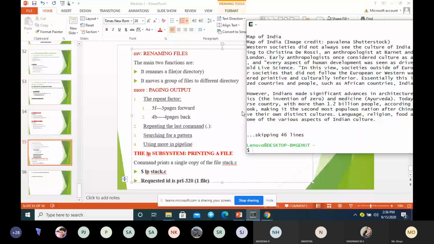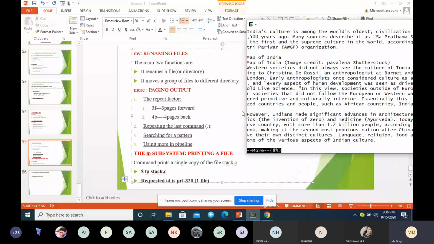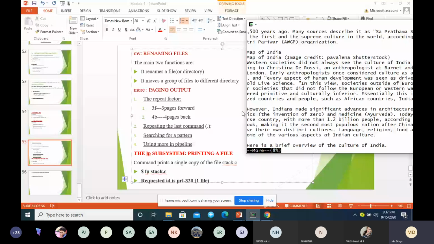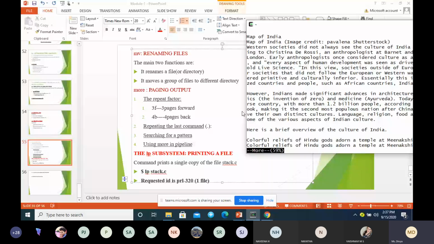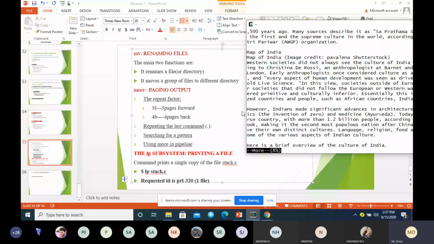Now I press 2B, two pages backward, and it comes back to 8%. Same way, you can use different repeat factors to move backward or forward.